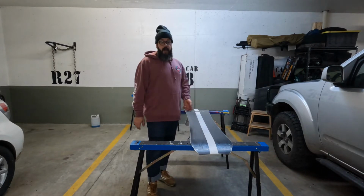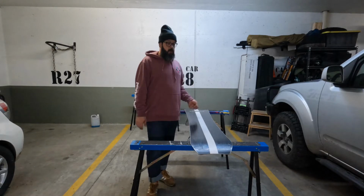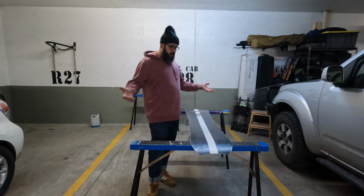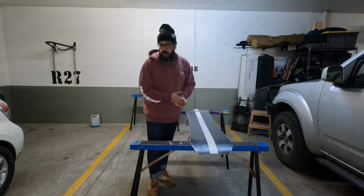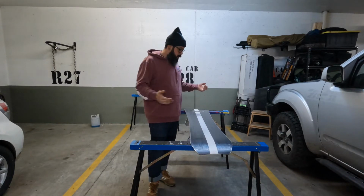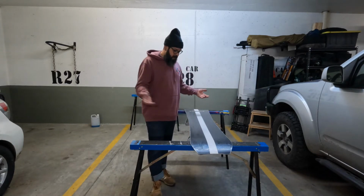If you want to get really technical, you can heat it up again, get as much wax in the pores again, let it cool again. That's going to let your wax stay the longest, but most people don't do that every time they wax because it takes twice as long. So perfect time to crack a cold one, or if you've got multiple boards that you're going to be waxing